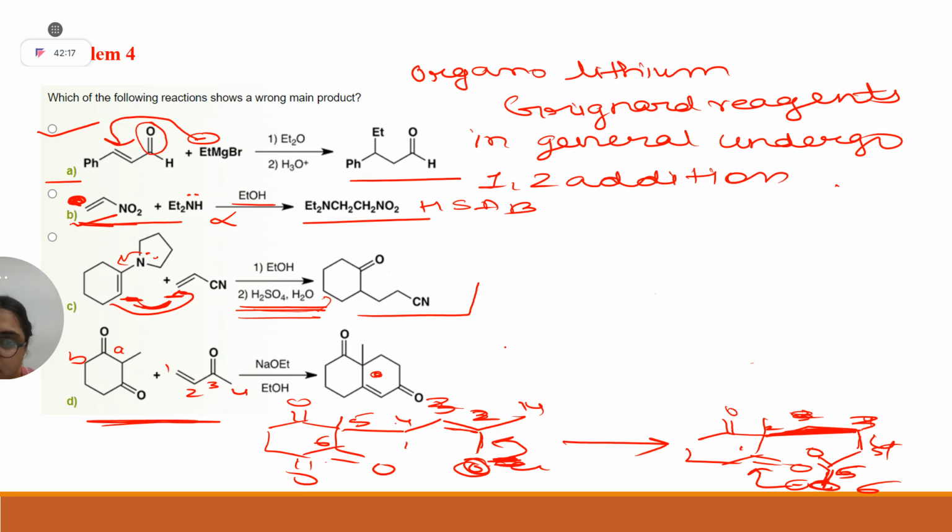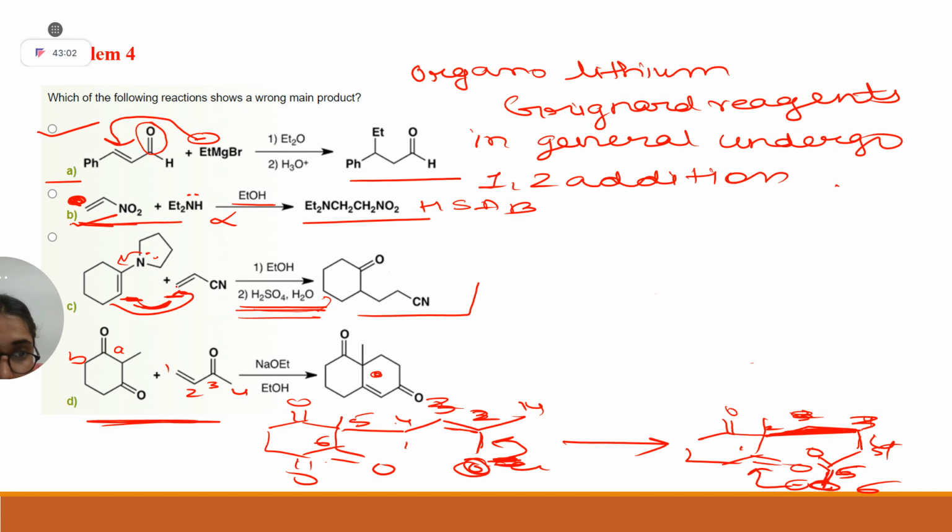Ma'am, in C, in that amine group, the double bond side is the softer one and that nitrogen is the harder one. And in that cyano, the double bond is soft and that cyano is harder. See, I have already told you here you have to see hard base or soft base. Why? Because in this enamine we are talking about electron richness. Here we are talking about electron deficiency. So if you ask where that center is hard, here it is the nitrogen one, or the carbon one. The nitrogen one is the hard base and this carbon one is your softer center.